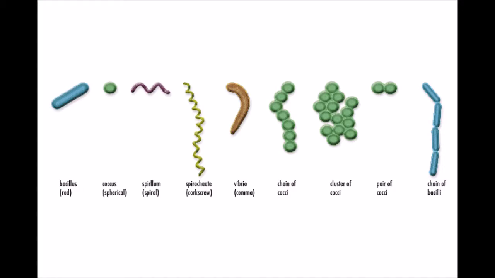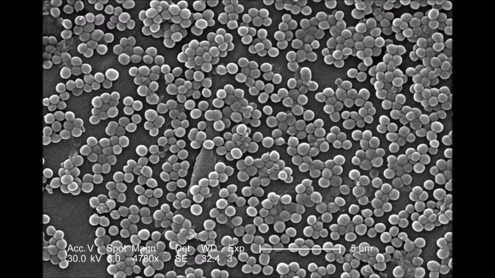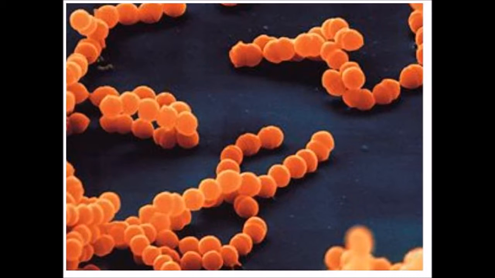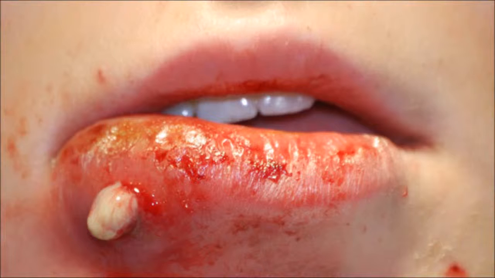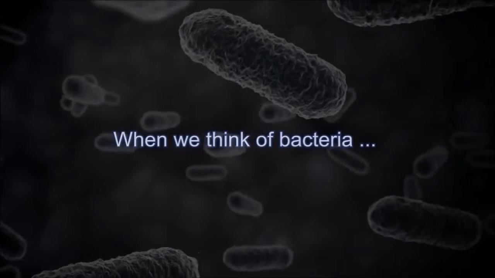There are many different types of bacteria. They are easily grouped into different sections: rod, spherical, spiral, corkscrew, and comma. These single-form bacteria are often grouped together and easily identified. Diplo is obviously in pairs, Staphylo is in groups or clusters, while Strepto is in long chains, such as in Staphylococcus. When discussing bacteria, we often think of the diseases that they cause, such as staph, strep, MRSA, or many other diseases.